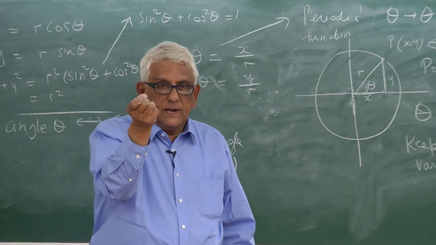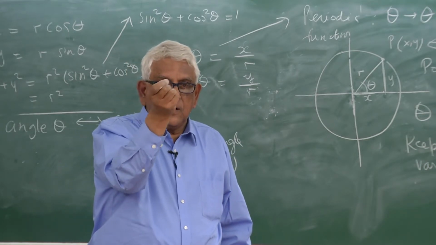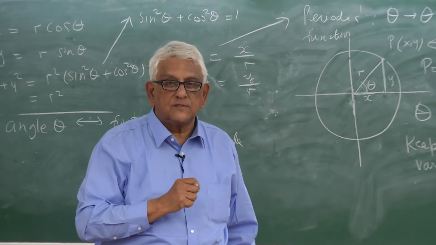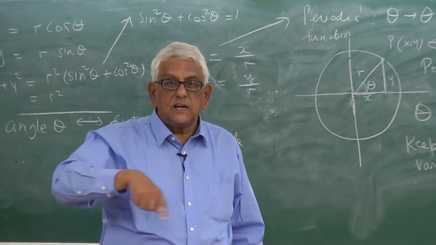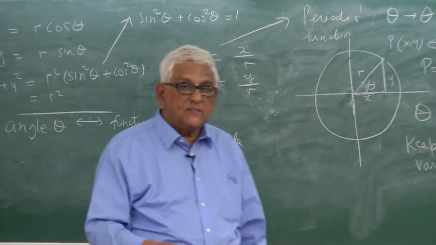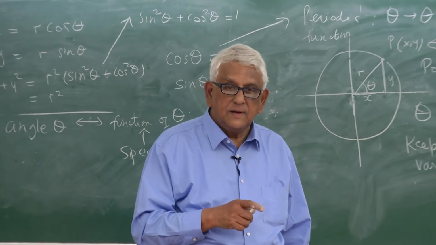So pictorially I can see if I have theta, I keep going 2 pi, and I'm back to the same point, right? So geometrically we see this thing is 2 pi, but the geometrical thing also tells you something else,